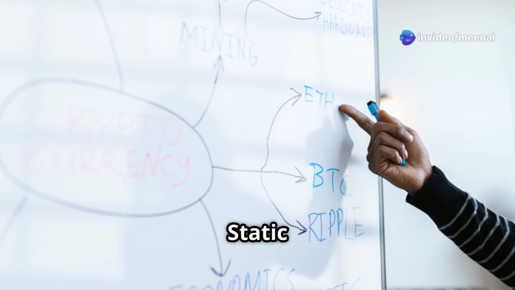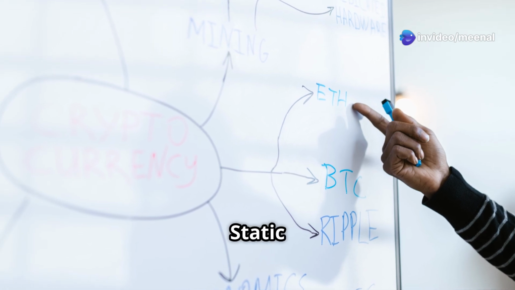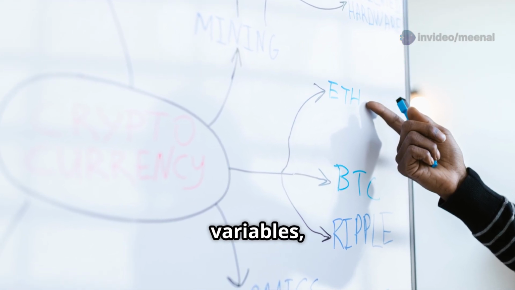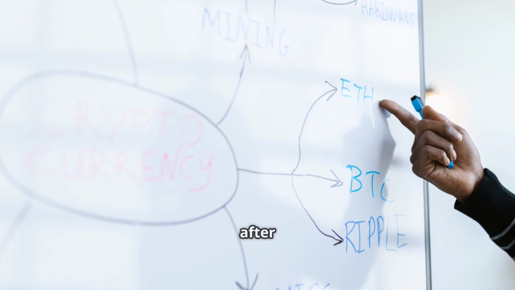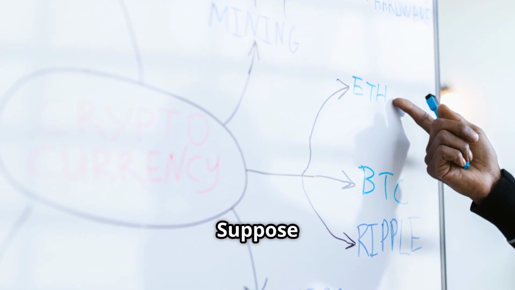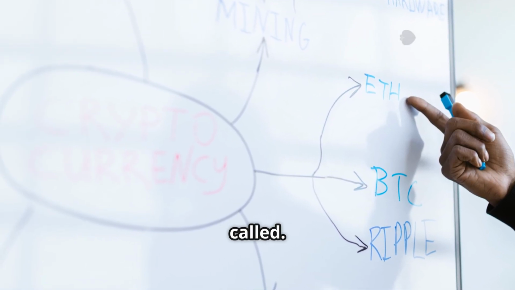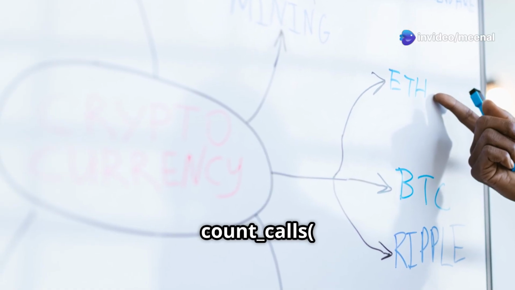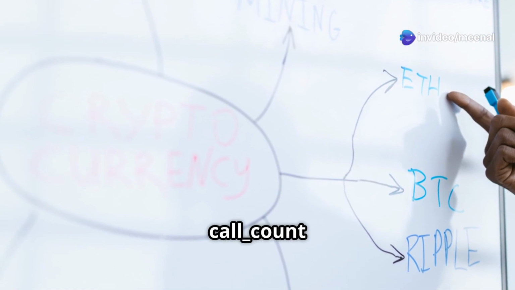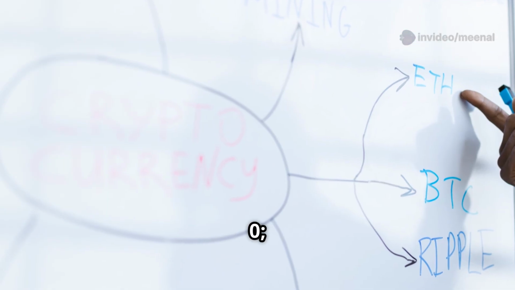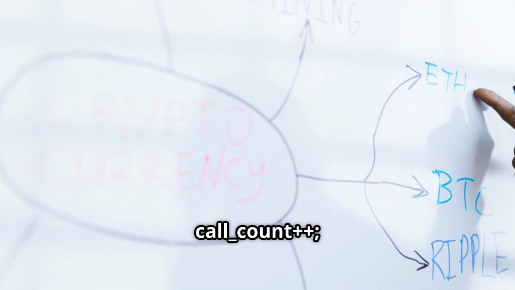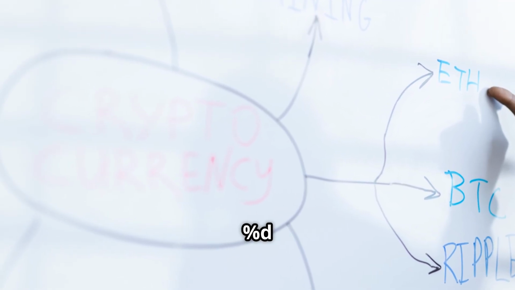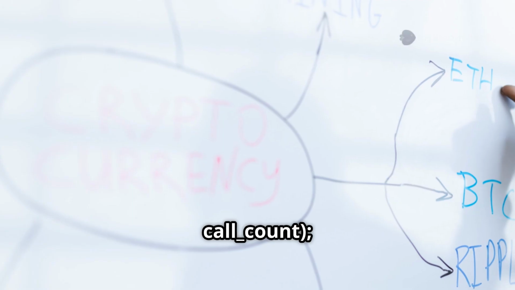Now, let's look at the static storage class. Static variables, unlike auto variables, retain their value even after the function exits. Suppose you want to count how many times a function is called. You might write a function like this: void count_calls() { static int call_count = 0; call_count++; printf("Function called %d times\n", call_count); }